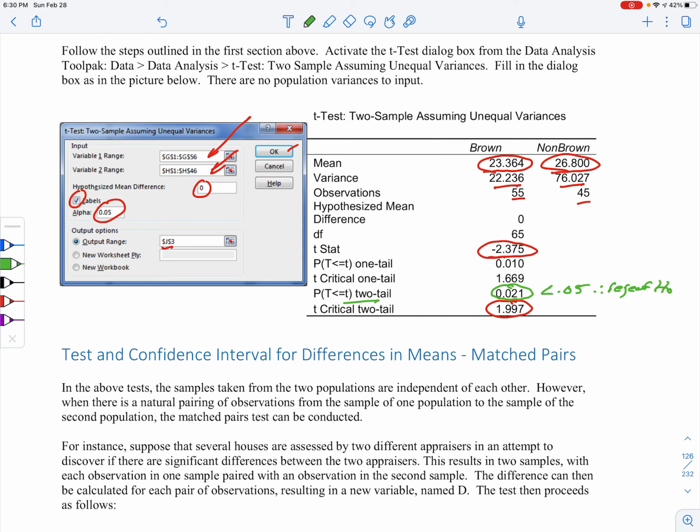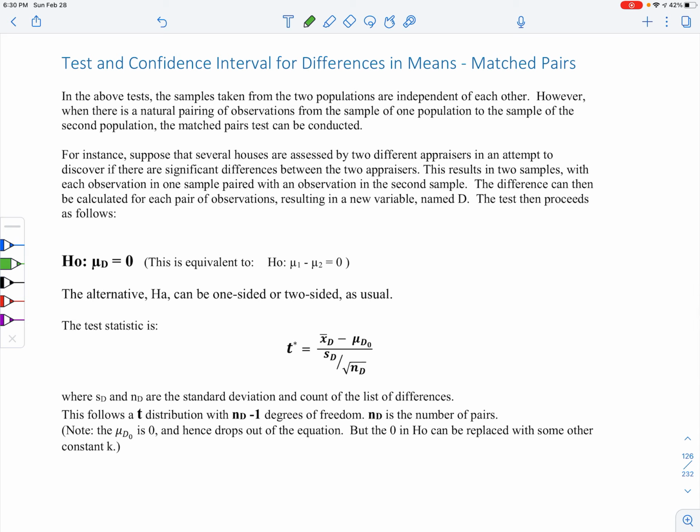All right, I'm going to look at one more in this particular video here, and again, you're not going to have to do this by hand. And in most projects, we don't actually have this kind of problem too, but if you do run into it, this is how you do it. So this is a confidence interval for the differences of means, matched pairs. And that means then that everybody,